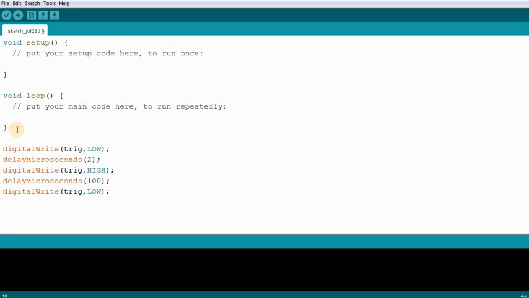Now this command, what it does is, as soon as the command is executed, it starts a clock, a stopwatch, I would say. And it waits for this pulse to return. And when the pulse returns back to the echo pin, it stops the clock. And it measures the distance between start and stop of the clock. So the command is